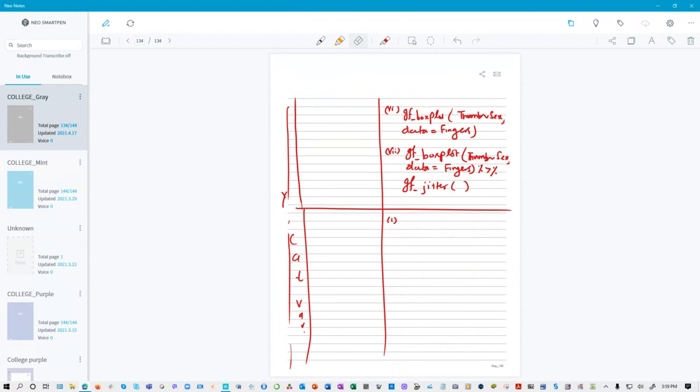You do the bar graph first. gf_bar, and then it should be drawn for what? It should be drawn for, not the thumb length. This time we're going to say weight lost, and the data is going to be